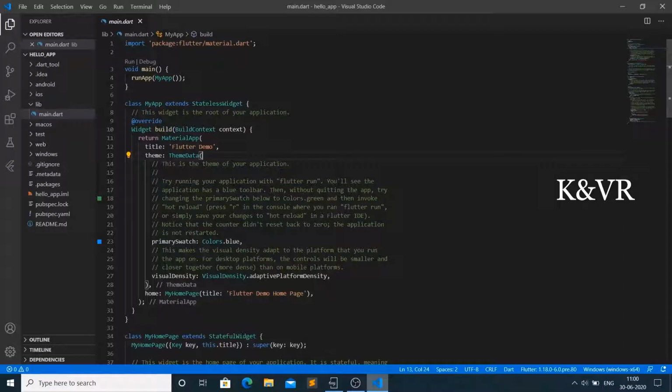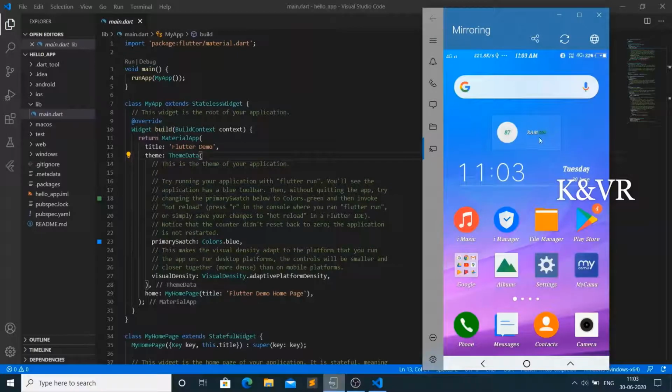Let's see what the output is. Just connect your USB cable with your phone. I have connected my mobile. I am using Dell Mobile Connect to show your output.